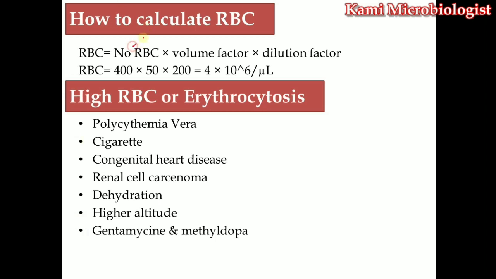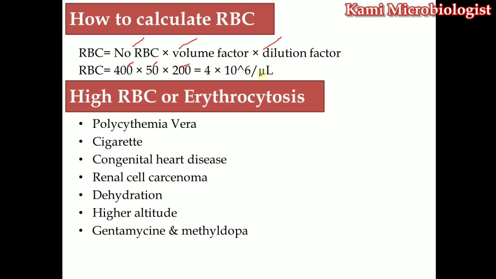First of all, we count the number of RBC, then we multiply it with the volume factor and the dilution factor. Let's suppose we counted 400 RBC in the 80 squares which we talked about. Then we multiply it with the volume factor, which is 50, and with the dilution factor, which is 200. Once we multiply everything, we get 4 million RBC, which is the normal range,